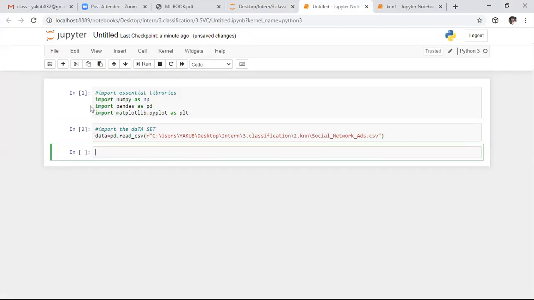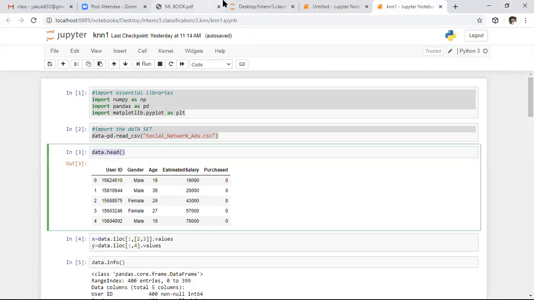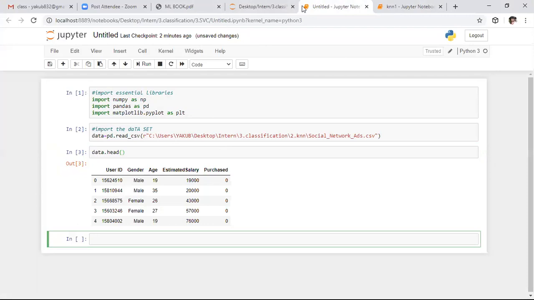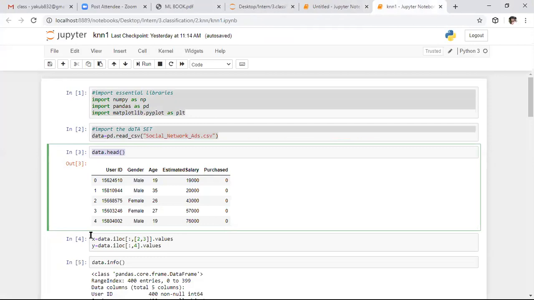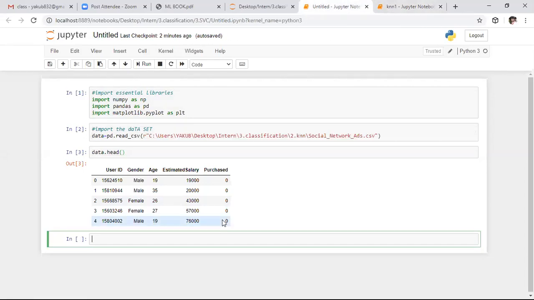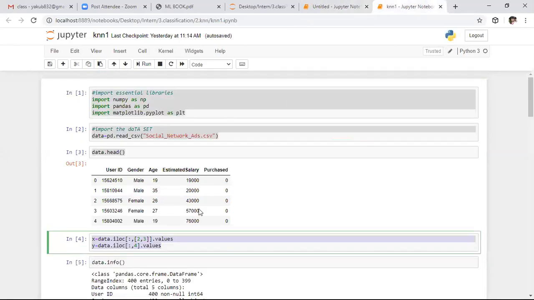For that purpose, we need to specify the r prefix. We read that file successfully. After that, we need to see our data set. I want to observe the top 5 rows present in that data set. After observing the top 5 rows, the same thing we did previously, I want to do again. We need to separate our data set into features as well as the response vector. We did the same thing. After that, if you want to know the information about your data set, you can know about the data set also.